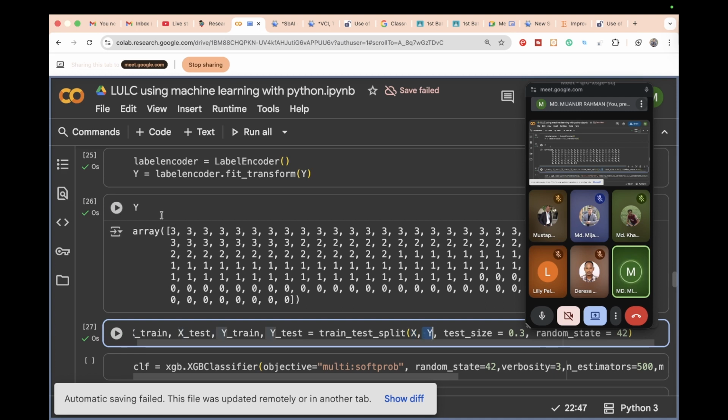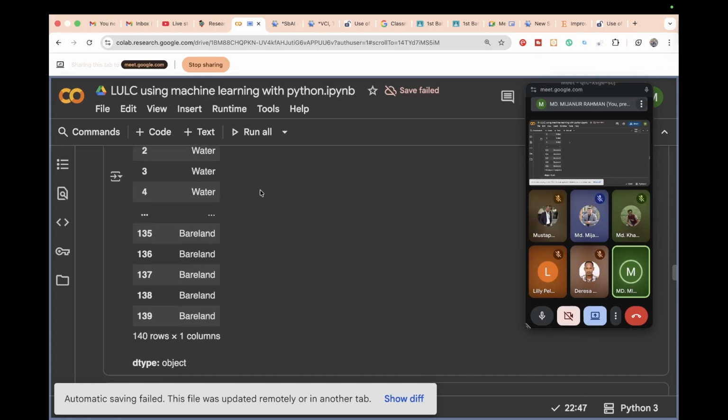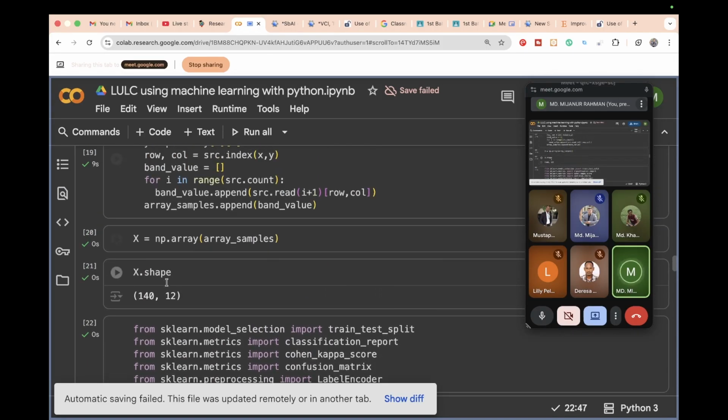Y is 0 for one class, 1 for another class, 2 for another class, 3 for another class, and x comes from the 140 training sample points,